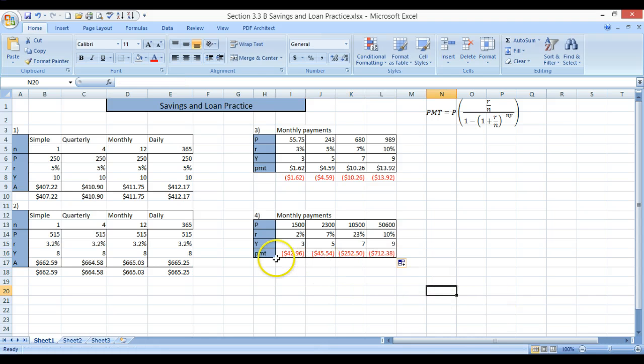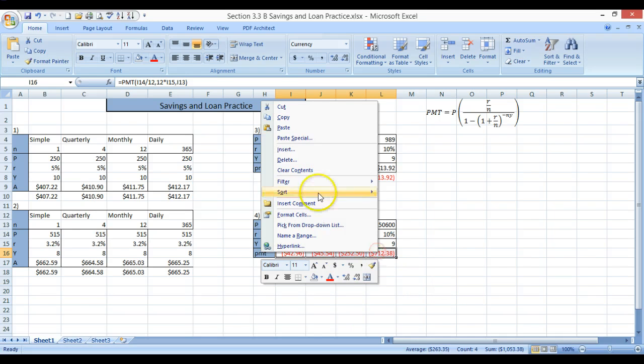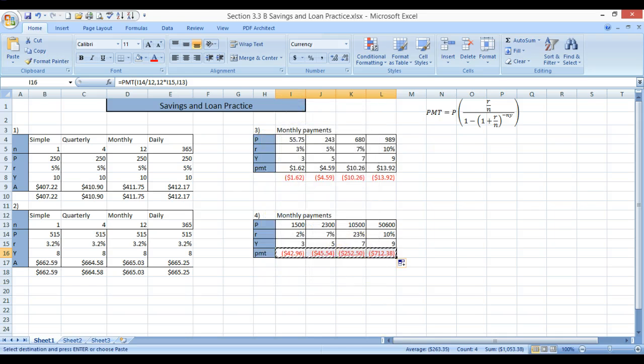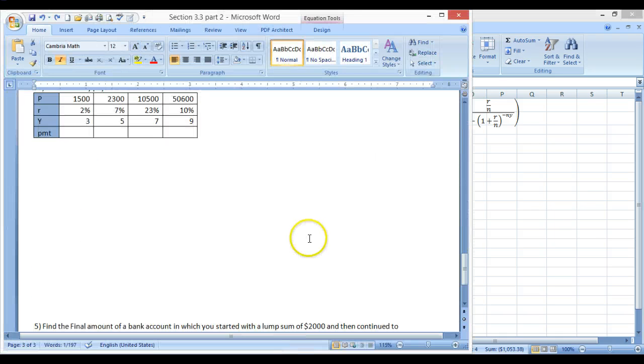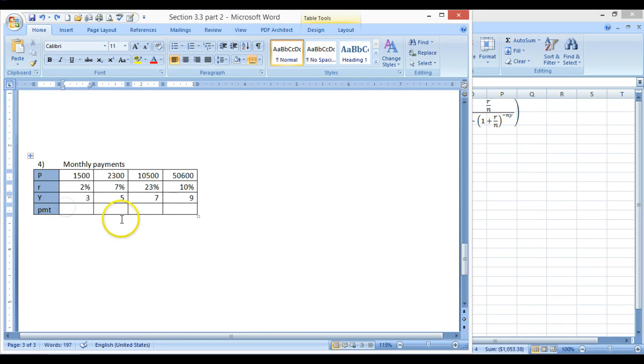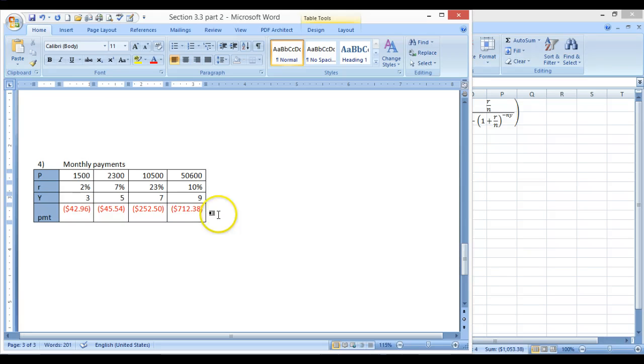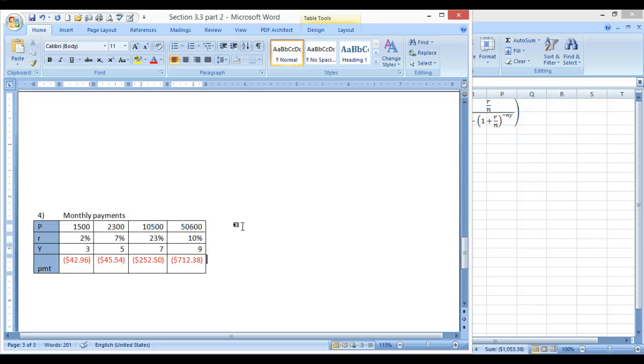There we go. And so if I wanted to fill this in, I could copy and go back into my document, and here I'm going to highlight all of those, Control V, and it pastes it in for me. And that's kind of nice because it does show me that those are also negative. Okay,